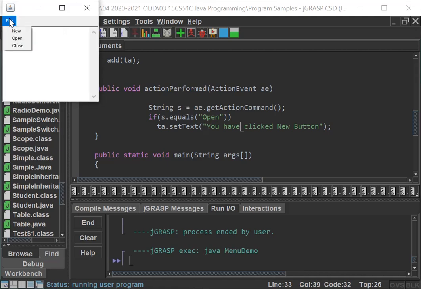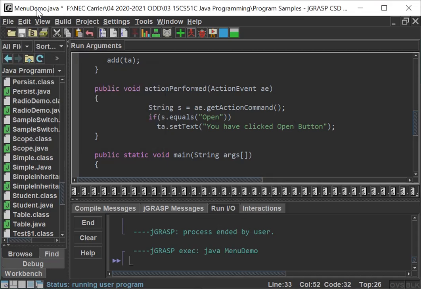When I click on open, you get the message "you clicked on open button". So in which you can click a menu button, you can write the same way for new.